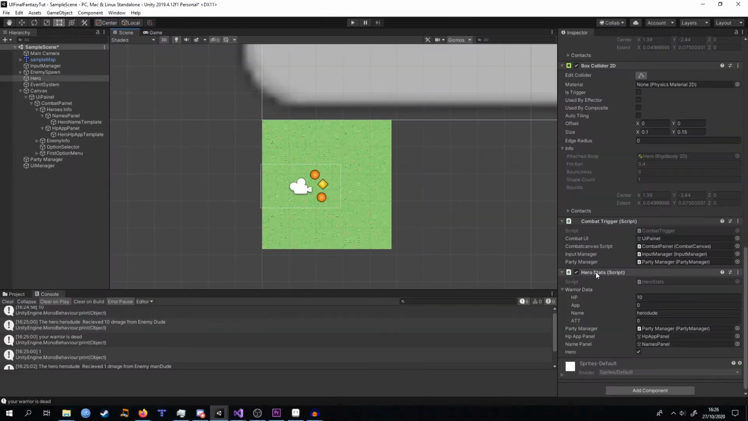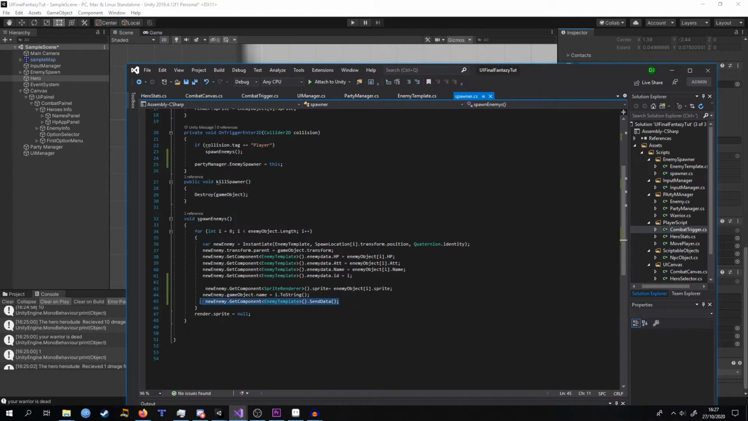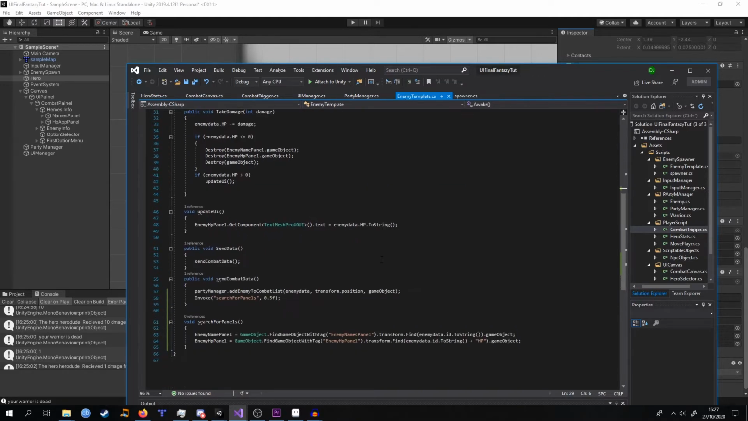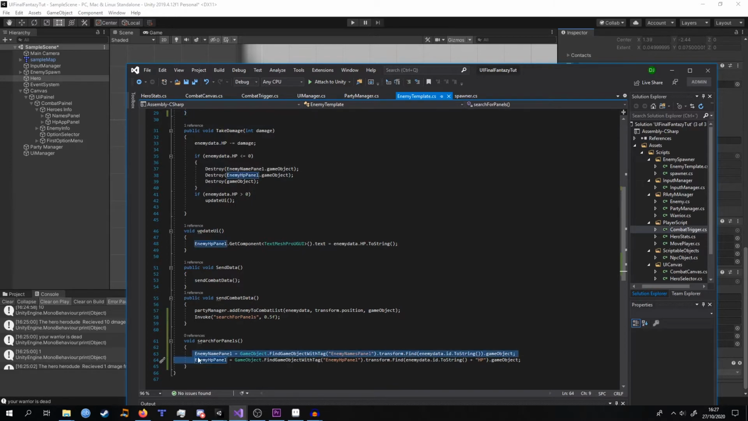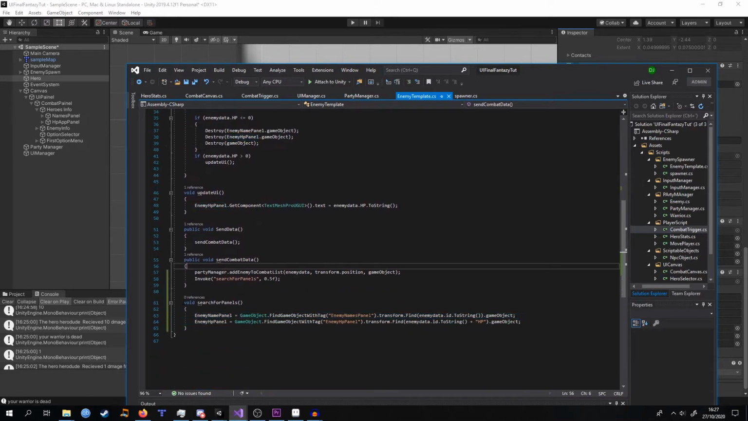So in your hero stat script, in your hero game object, your app panel, it's not a template, it's the app panel and the names template. The spawner, we are going to add this line, which is called GetComponent SendData. So this basically is going to tell our enemy template to send data, and we're going to add these two lines. They were on Update. I made it in a separate function, and this function is called with an Invoke